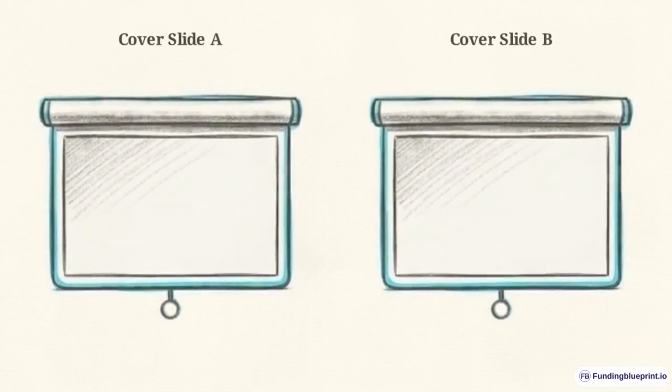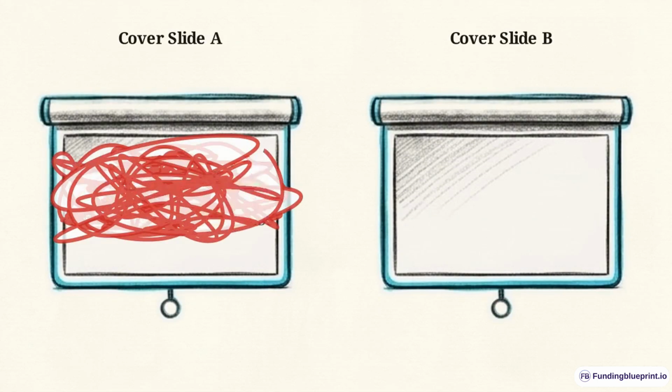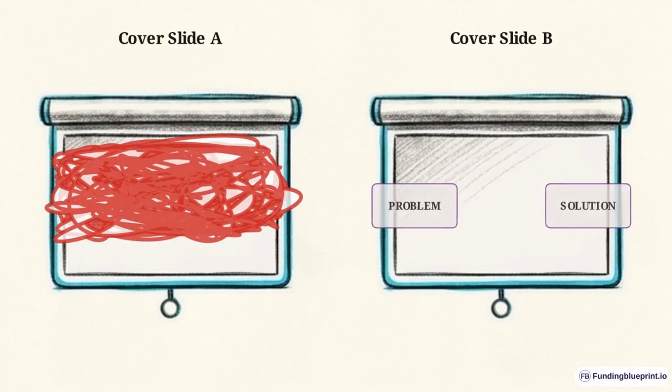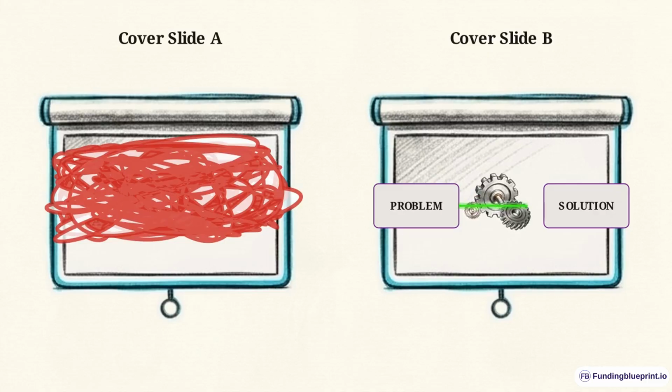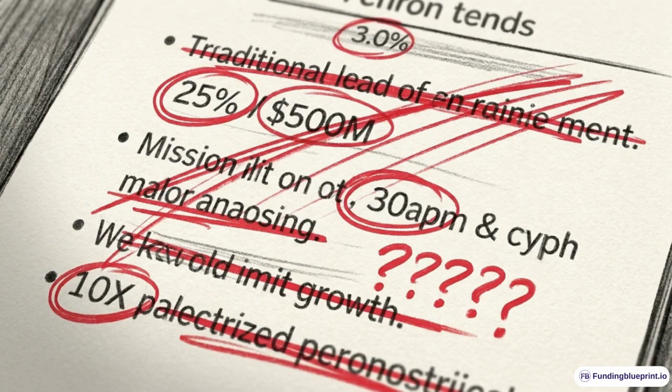Let's compare two approaches. Cover slide A relies on a massive vanity metric. This creates heavy cognitive load, forcing investors to guess what your business sells. Cover slide B explicitly defines the problem and solution, drawing a straight line that instantly explains your business mechanics. Opening with a massive vanity number creates a harsh trade-off. You force your audience to actively hunt for flaws and missing context, rather than sitting back and listening to the